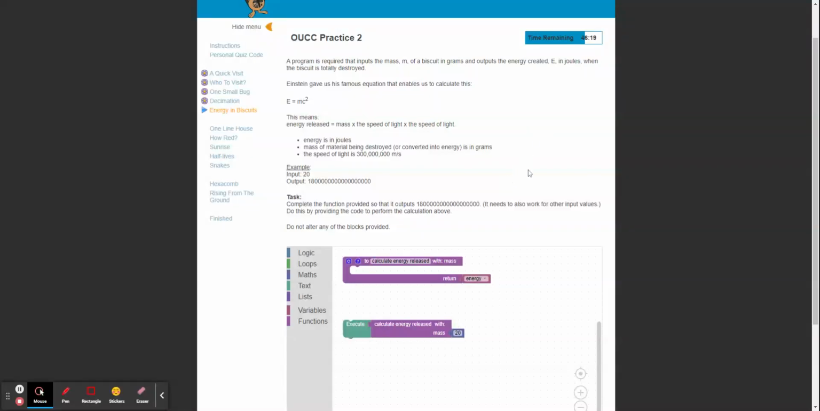Okay, so this one looks a little bit more difficult where we have a bit more writing. So a program is required that inputs the mass, M, of a biscuit in grams and outputs the energy created, E, in joules, when the biscuit is totally destroyed. Einstein gave us his famous equation that enables us to calculate this, which is E, which is joules, equals mc